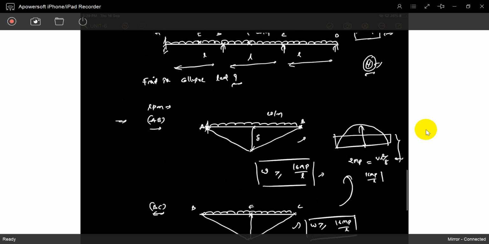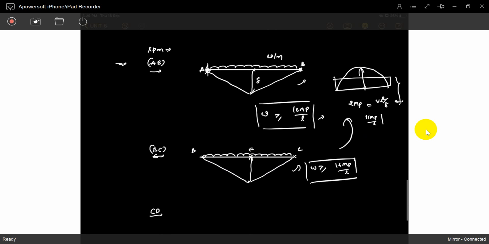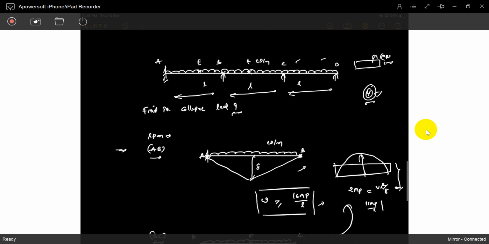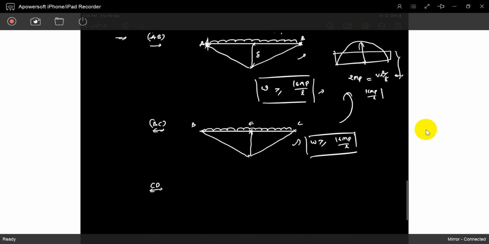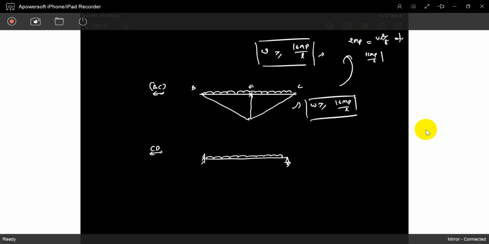Okay, so next, last, CD, take care of CD. Just observe it. D is a hinge, C is fixed, it's a propped cantilever. C is an intermediate support, it behaves as a fixed joint. So now we can consider it is fixed, it is a hinge, it's a propped cantilever. Two hinges are sufficient to fail that beam or span.